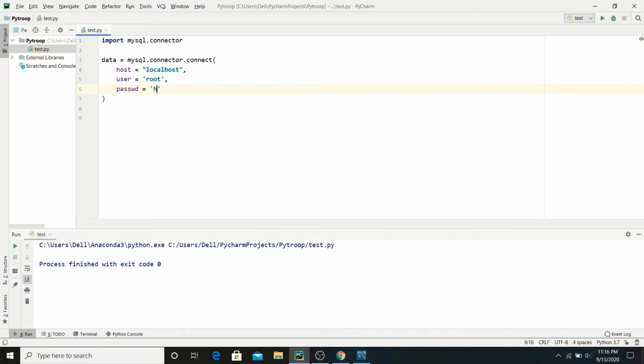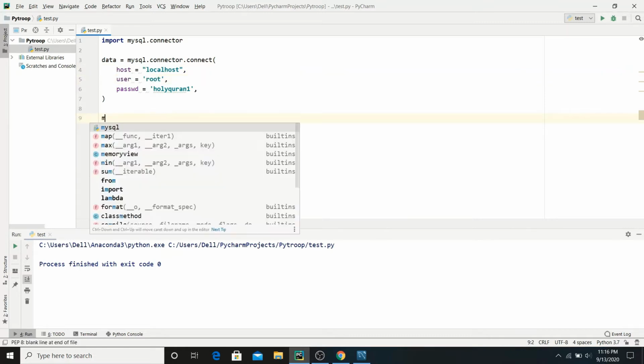And my password is HOLYQRN1. Okay, comma. So we have created a connection with our localhost by these host, user, and password.